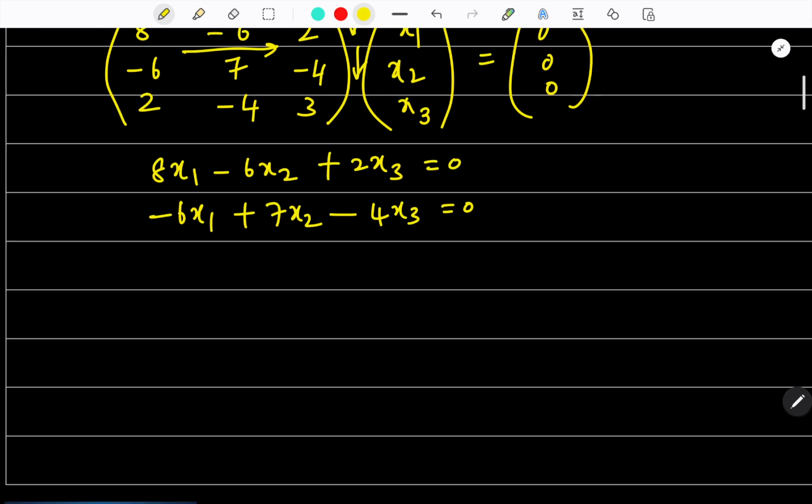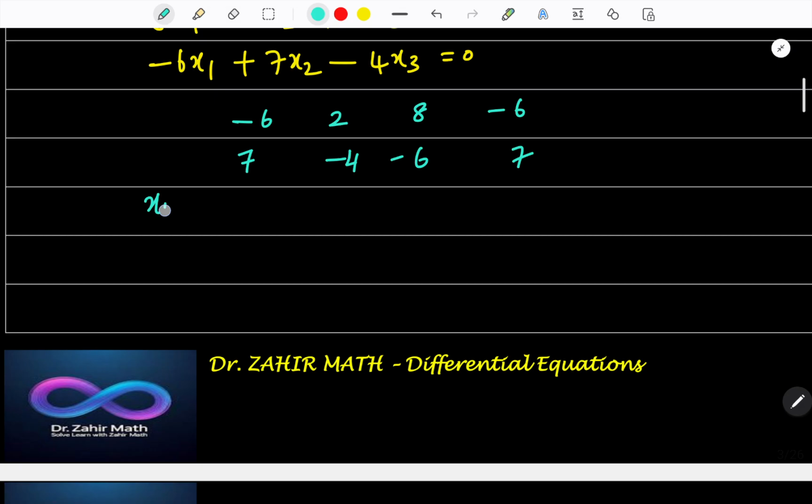So we are going to take what? Method of cross multiplication. So we are going to start from the middle and end with the middle. So what we are going to get: minus 6 and then 2 and then 8, minus 6, then 7, minus 4, minus 6 and then 7, right? So what we are going to do, x1 divided by, x2 divided by, and x3 divided by